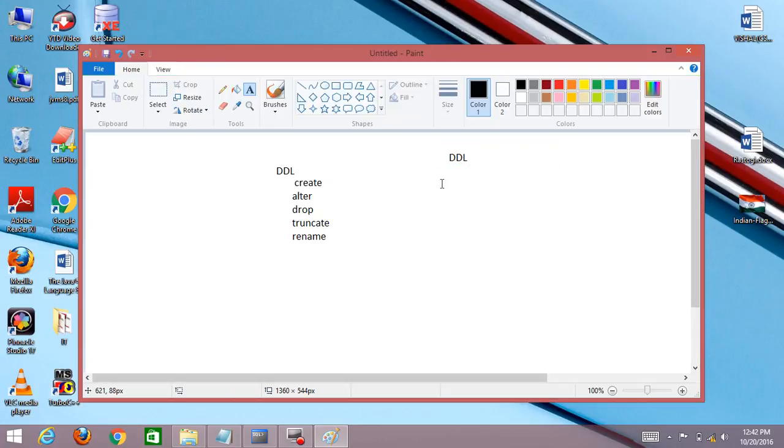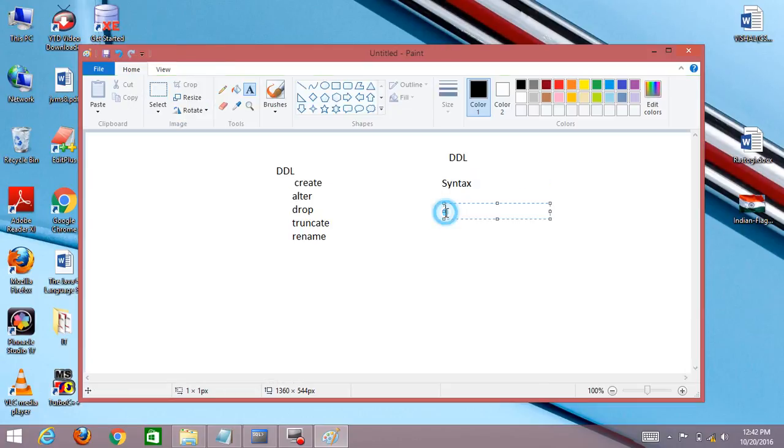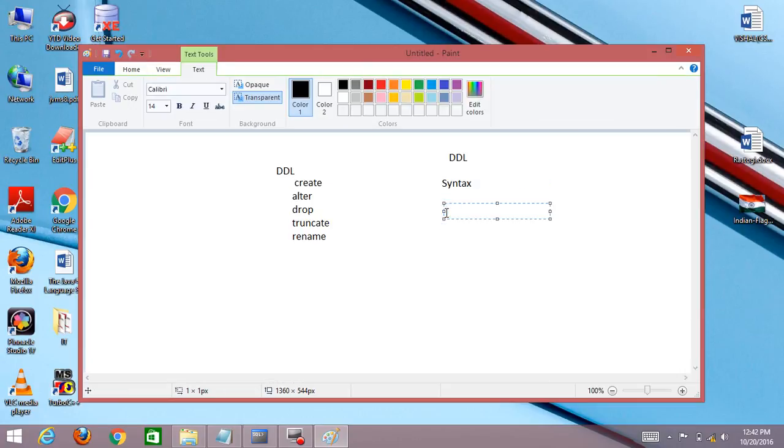First I am going to write a syntax. Observe how to write the syntax. First, create a table.